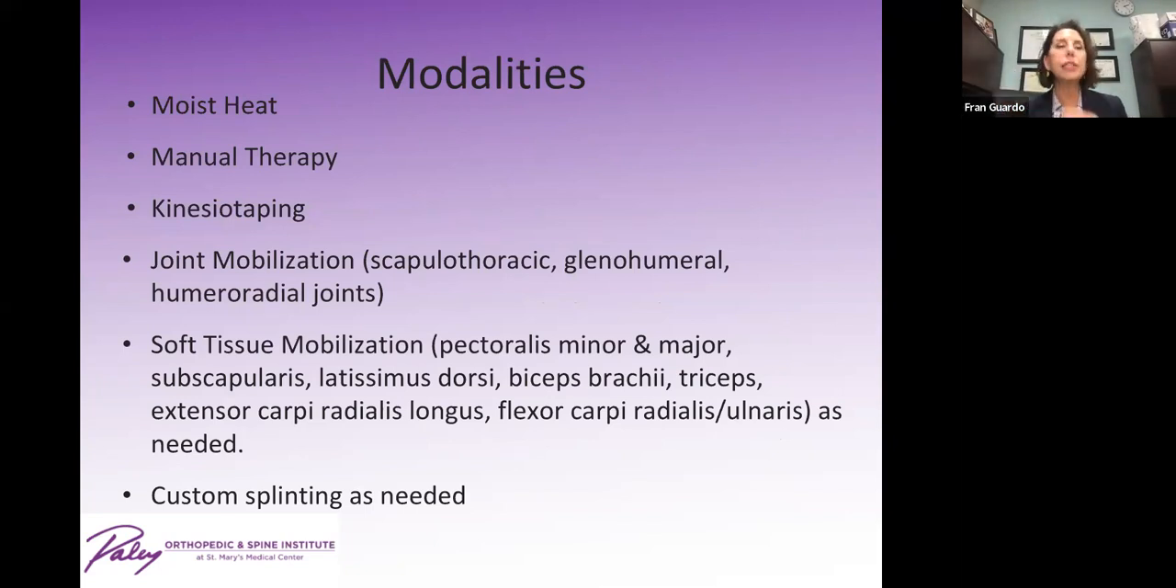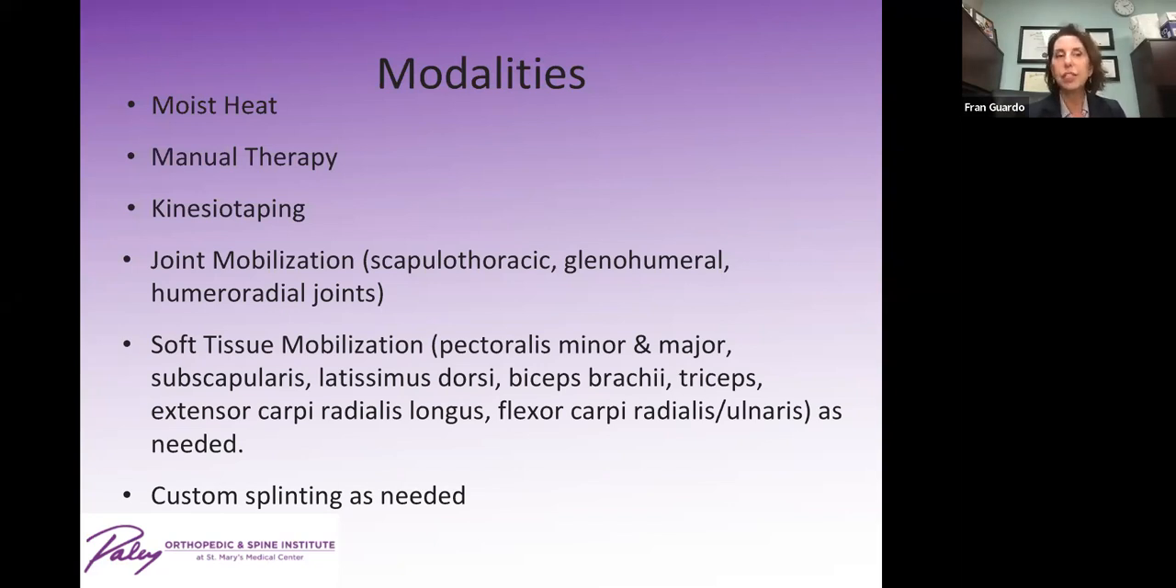We find that moist heat after the first week post-op is very, very helpful. It increases blood flow and makes it much more comfortable to do the stretches. Manual therapy, meaning manual stretches, soft tissue preparation. We use a system called ASDD, which is a soft tissue tool. Other places use other types of soft tissue tools, and I think that they can be very, very helpful. But if you don't use soft tissue tools, you've always got your hands, and massage and soft tissue mobilization is